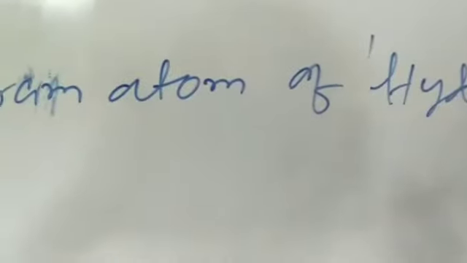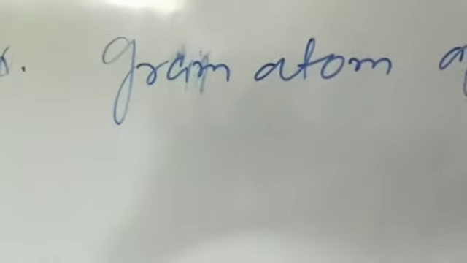Now next question is the gram atom of hydrogen. Find the gram atom of hydrogen. Actually, by the word it's clear. What does gram atom mean? The meaning of gram atom is moles of hydrogen, and we already found the moles of hydrogen is 2 moles present in 1 molecule of H2SO4. So gram atom of hydrogen is equal to 2 mole. You must focus on this point. If you find the gram atom, then you find the moles of hydrogen. Gram atom means moles of hydrogen.